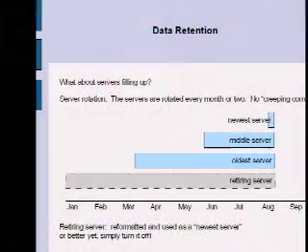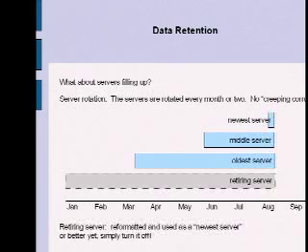Okay, the solution is you don't put all 3 servers in play at once. You put servers in play every month or 2. So what happens is this really old server is kind of full. And for me, full is not 1.5 terabytes. Full is maybe half of that. I don't ever want to go more than half of the space on a server. And you can do the math, and maybe it's not going to work out that way, and maybe we need to go with 750 gigabyte drives or something. But